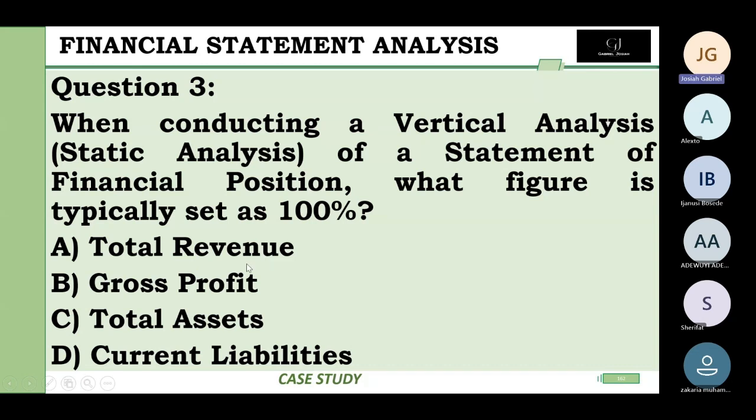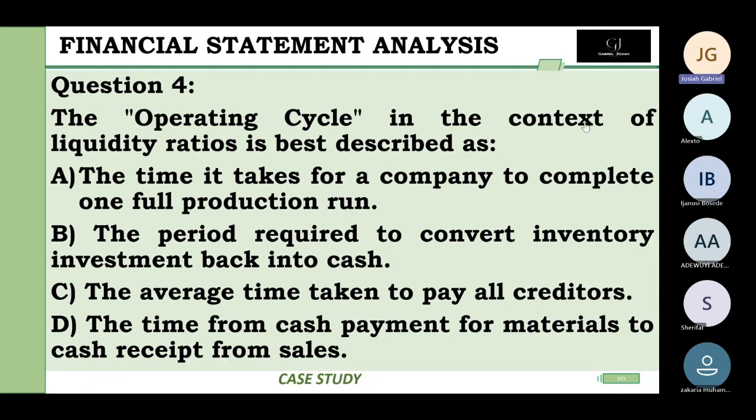Okay. Number 4. The operating cycle in the context of liquidity ratios is best described as A, the time it takes for a company to complete one full production run. B, the period required to convert inventory investment back into cash. C, the average time taken to pay all creditors. D, the time from cash payment for materials to cash receipts from sales. The operating cycle in the context of liquidity ratios is best described as